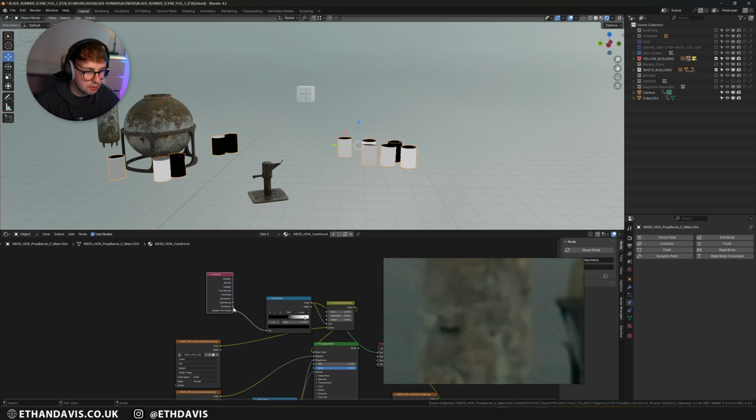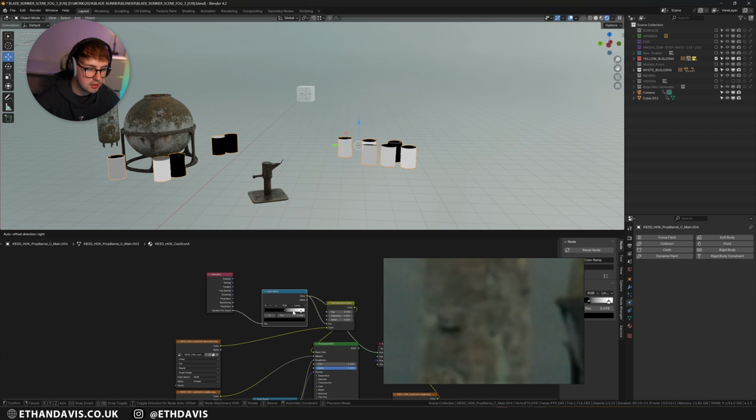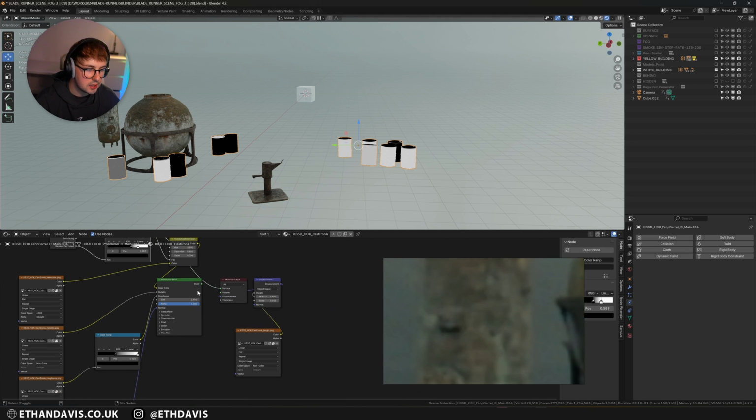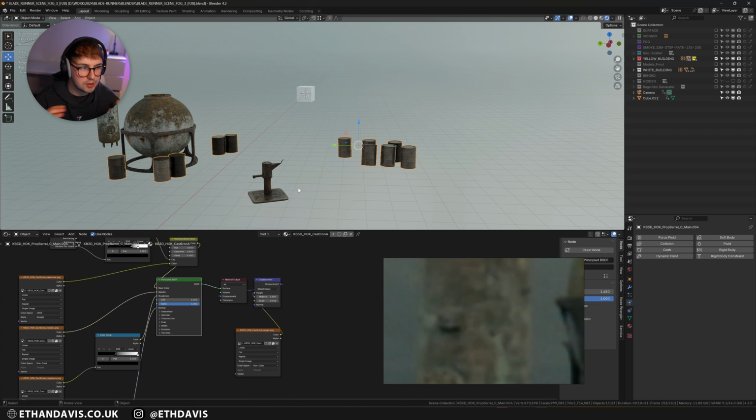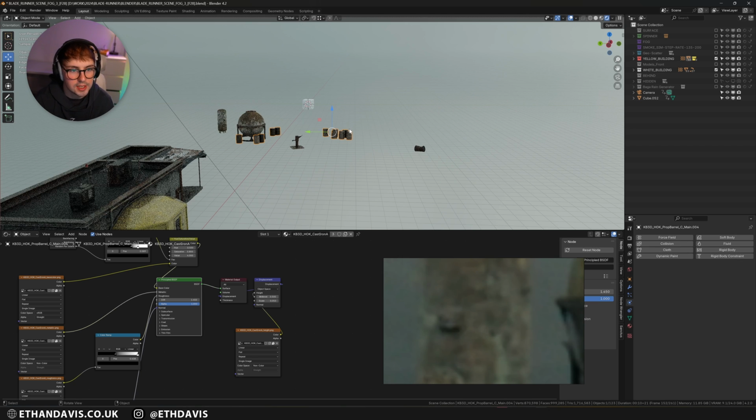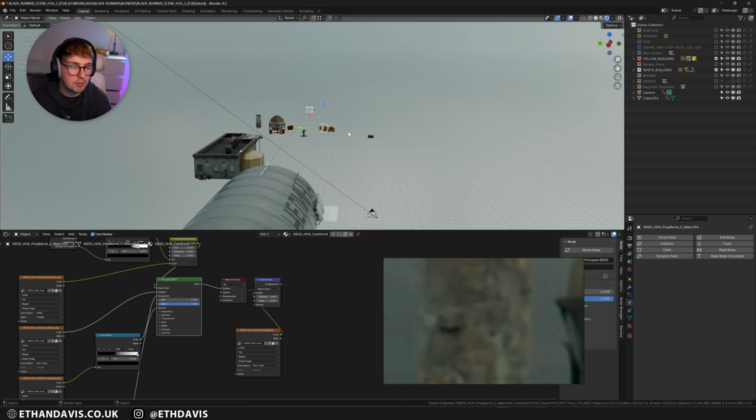if you separate the randomness per island and then crunch it so that you get really strong different values, you can then plug that as a factor into the hue saturation and then change the value, and that will make the result of that material differ between each object, which just makes it look a little bit more real. As well as that, just rotating it so that you can't see the same texture over again helps, and then rotating them on certain positions so it doesn't look like it's just been randomly copied. Well, so it does look like it's randomly copied.